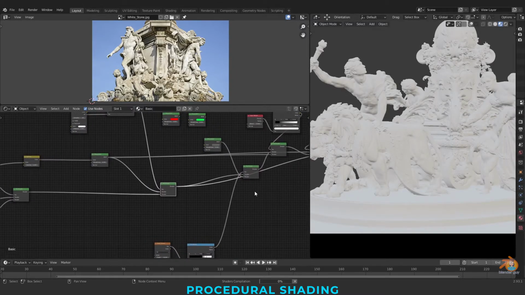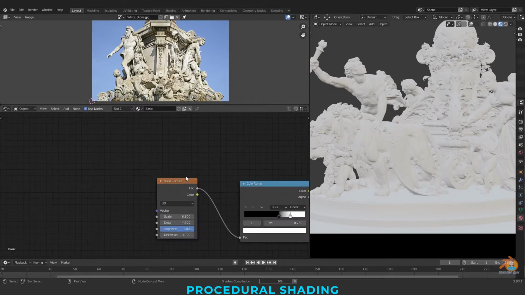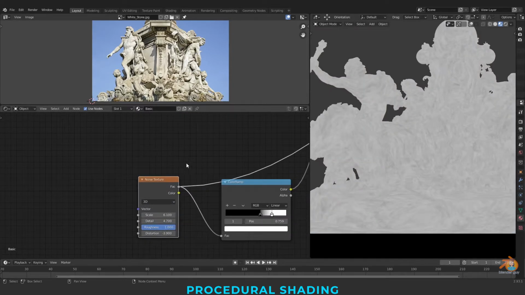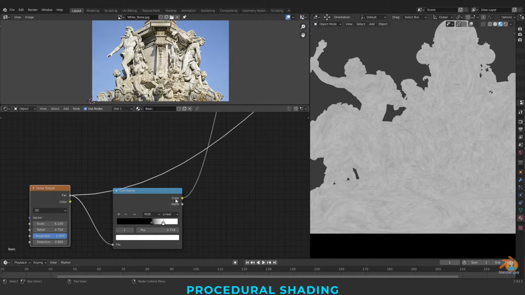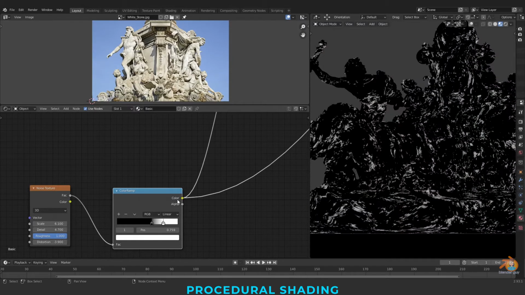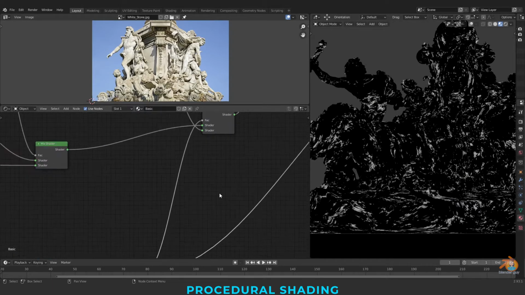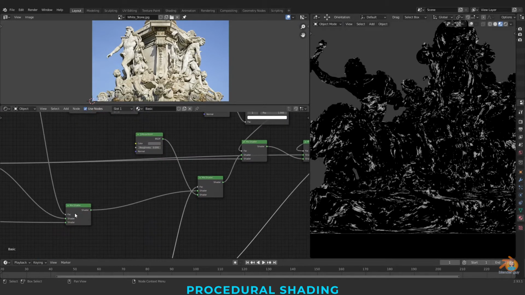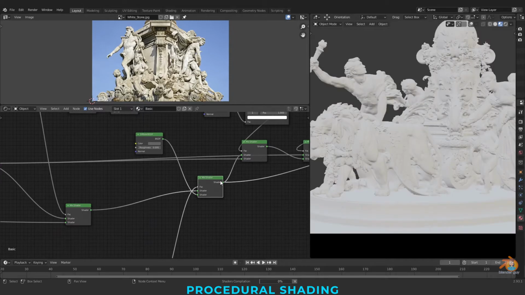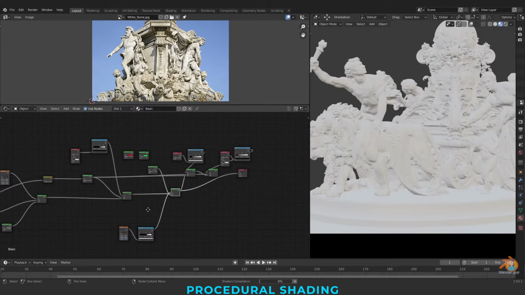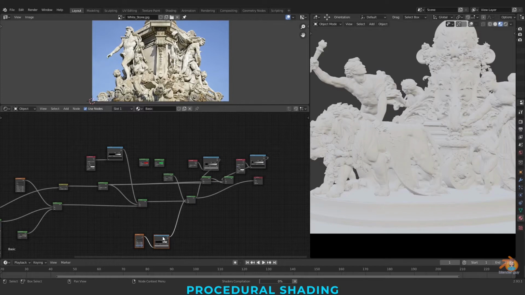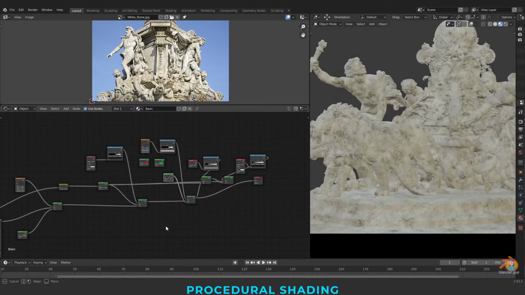Again I have used one noise. For that noise I have connected this color ramp for the gray things, as I told you all before. I'm again using the mix shader. I've blended it again. Every texture is working like our mask.